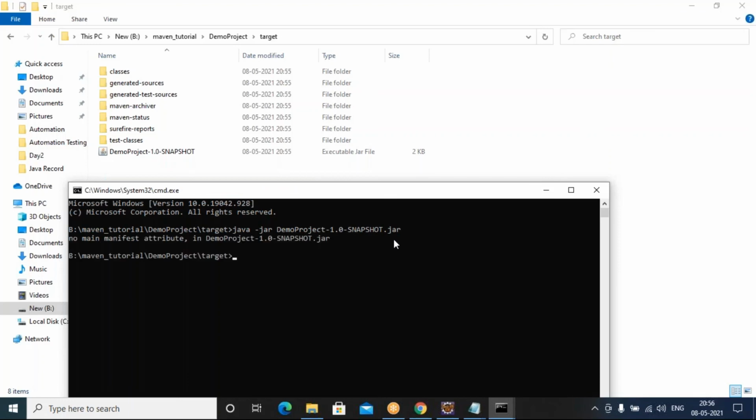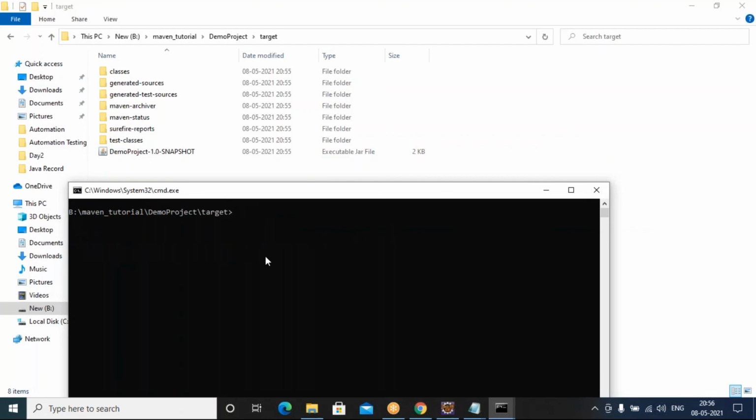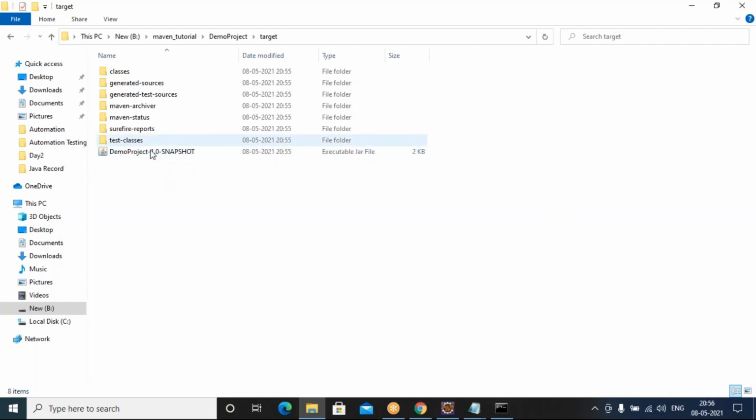If I run the jar file, it is saying some error is there. The main method is not found inside this, so we need to check on this properly and provide it. Like that, your clients or whoever you share this file with can make use of this file. You see how much work Maven is doing for us internally in the backend.